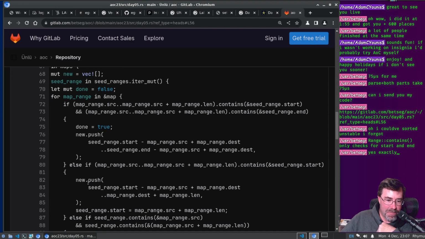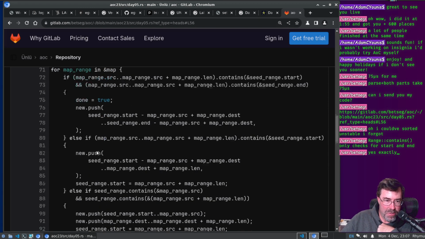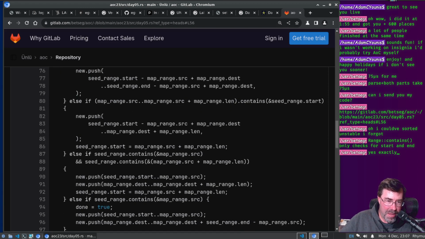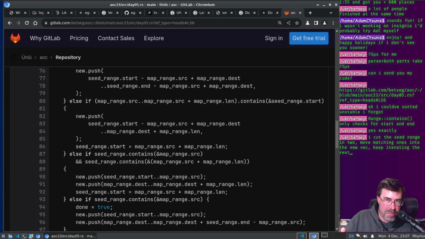So you're taking whole ranges together, and if they map all together, then you can do it in one step. If they don't, then you divide it into the range that can fit, and then you have the leftover. So you're dividing up all the seeds into subsets until you've passed them through the map altogether. So you have a new range.